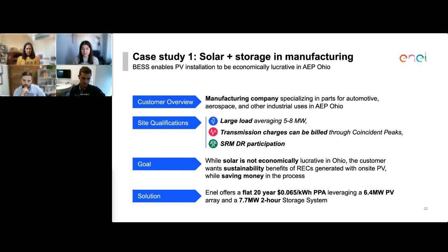I'm going to hop forward here, but I do see a question I want to answer. What are some challenges in evaluating the economics of a project? Where do projected economics and actual performance tend to diverge? That's a great question, and it really gets to who's exposed to the risk of these projects. If we look at this case,